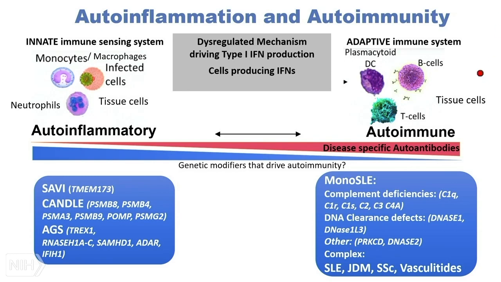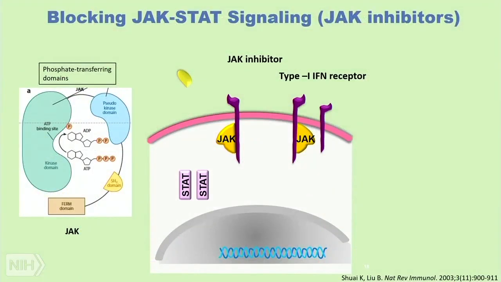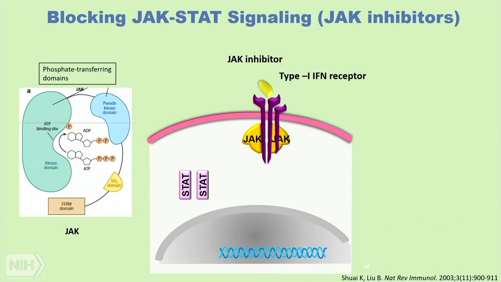In the innate immune cells activated in CANDLE and SAVI, it is mainly the monocytes in SAVI that produce large amounts of interferon beta. Up to recently, we had no treatments. Our conventional cytokine blocking treatments to TNF, IL-1, IL-6 have been ineffective, and we had no ways other than high